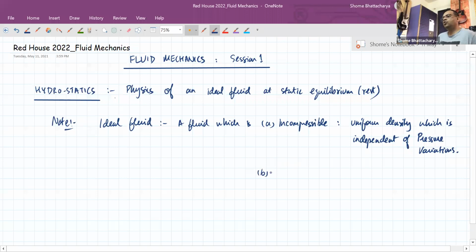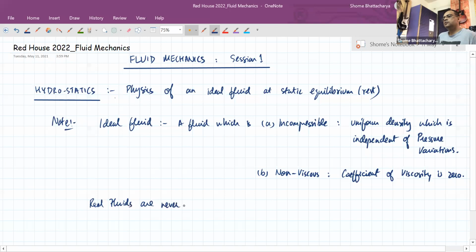And B, it is non-viscous. So the coefficient of viscosity, like you have a coefficient of friction, like that we have a term called coefficient of viscosity, is 0. So this is an idealization. Of course, no real fluid will be perfectly ideal. Okay. So real fluids are never perfectly ideal,